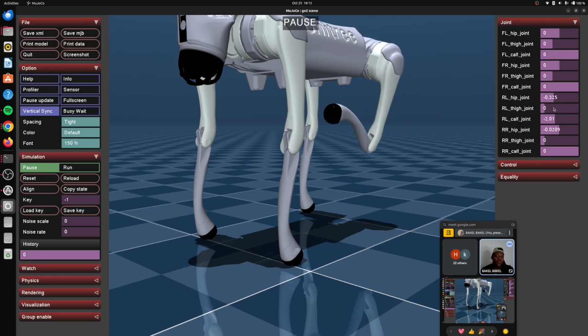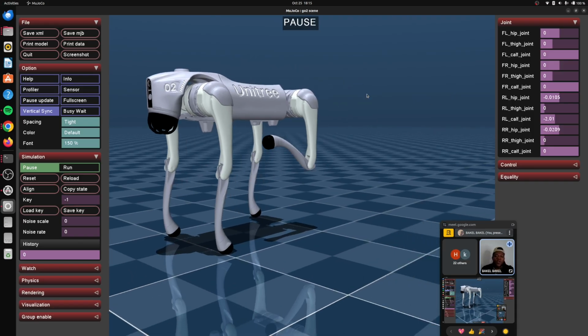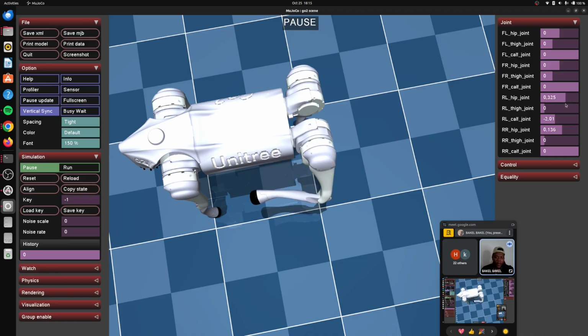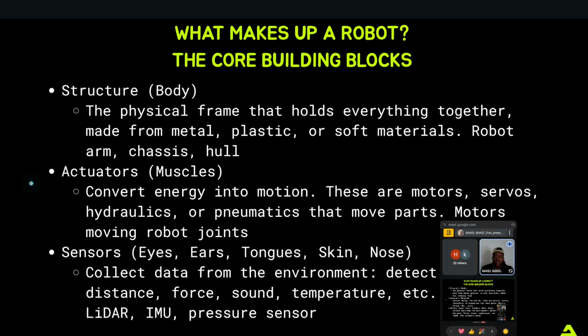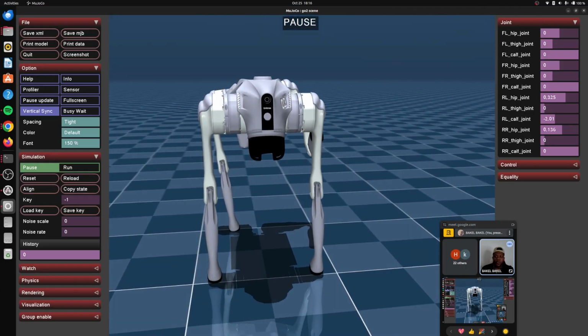The reason why that hip can also be moved is simple: there is another motor up here. So by the time we actually move these hips, we find out that yes, there's a motor that is turning there. Now, the two things that we have seen are an intersection of structure and actuation, because the structure is the leg and the motors are the actuation. Going back here, if we come to the front of the robot,